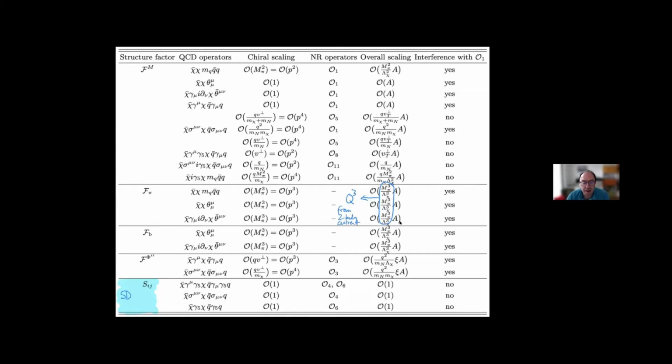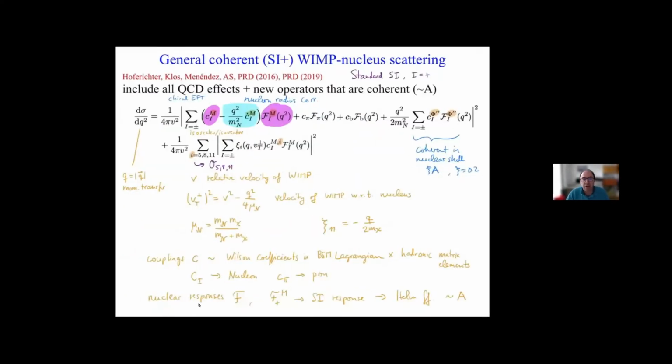Okay, and then just for comparison, the spin-independent case that we discussed yesterday does scale like single particle, order 1. It, of course, does not interfere with the spin-independent channel. And you can see here for the standard axial vector type coupling, where the WIMP couples to an axial vector quark, O4 and O6 combined, you would have to have an independent BSM operator where you would have such a coupling here, or some pseudo-scalar type couplings. Okay, so that's sort of the overall picture,